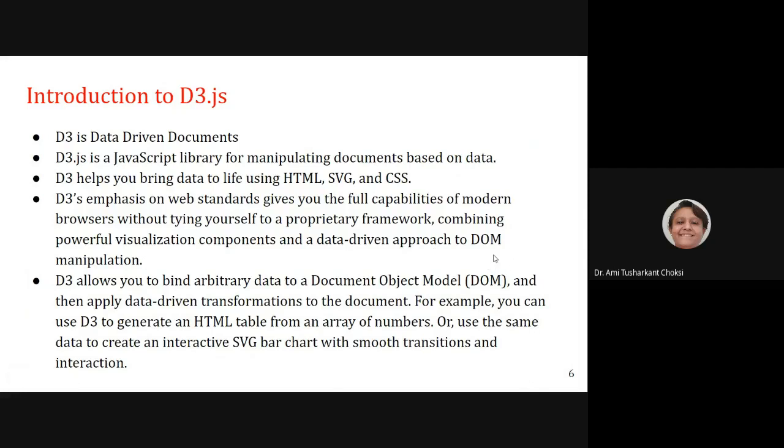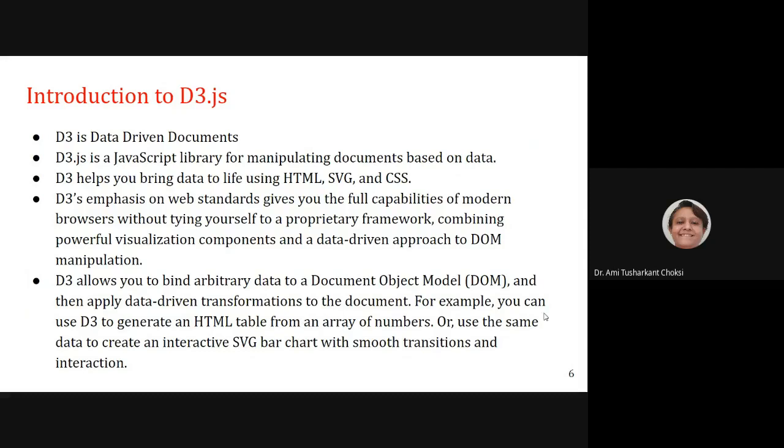What is DOM? That is document object model. For HTML, for what do we say JavaScript, right? For all those things, we used to talk of the document object model, right? So D3 allows you to bind arbitrary data to a document object model and then apply data-driven transformations to the document.